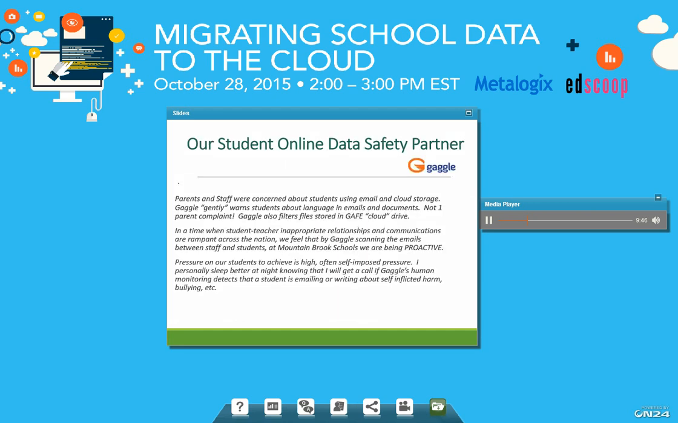One of the other things that has really helped us save time is to develop partnerships with organizations that we feel very confident in, and one of those is Gaggle. When we moved our student data into the cloud and started using Google Apps for Education and Google Apps for Education email, and cloud storage with both our Microsoft Office 365 and our Google Apps for Education, one of the questions that our parents presented was,